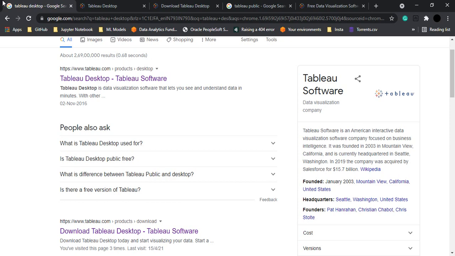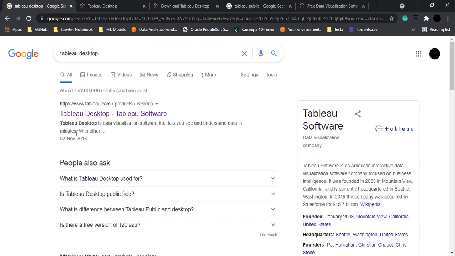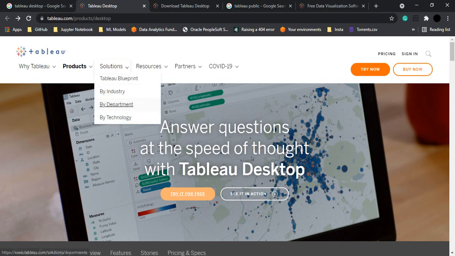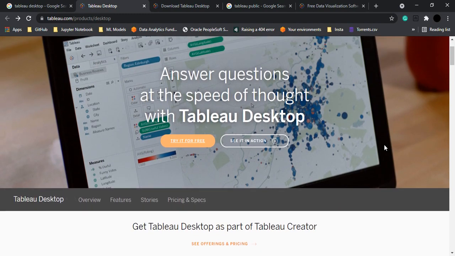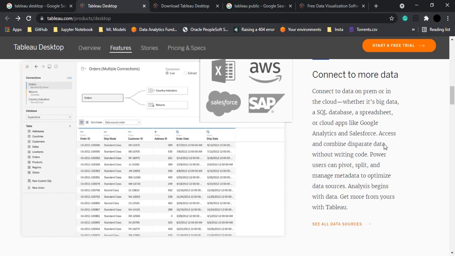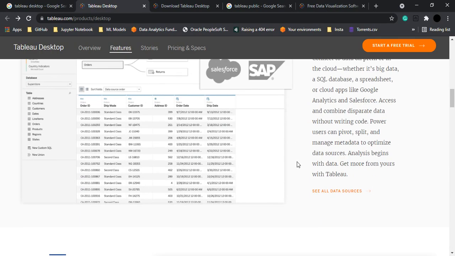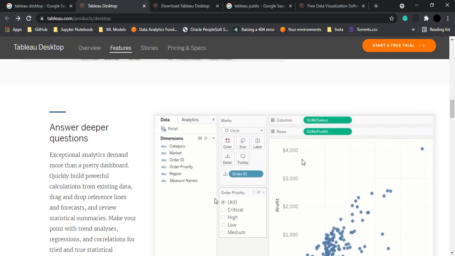Okay. Now, this is the first link, that is the Tableau Desktop link that you need to go for to download Tableau Desktop. Once you open this link, this is the site of Tableau Desktop that you would be greeted with. This whole site gives you some glimpse of the Tableau software, how it works, how you can work with it.